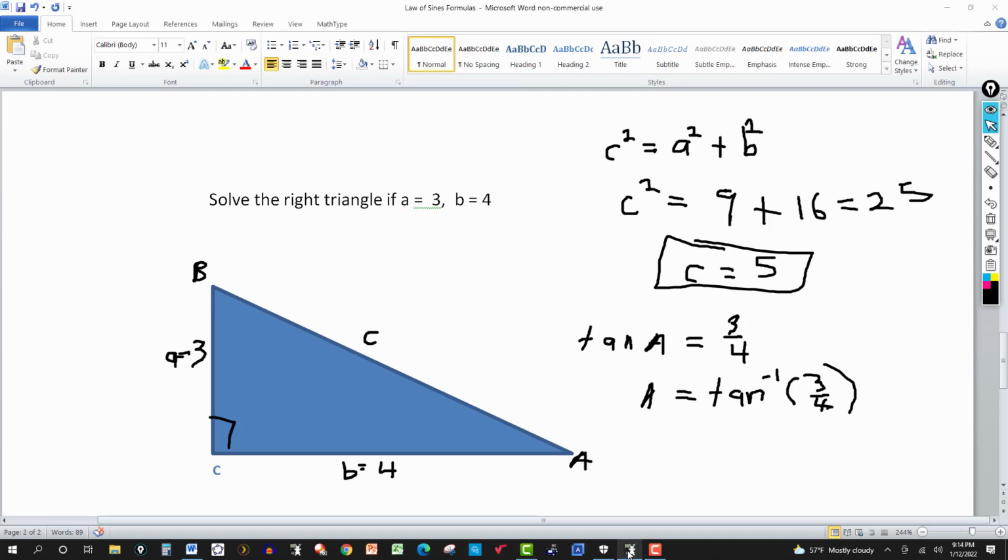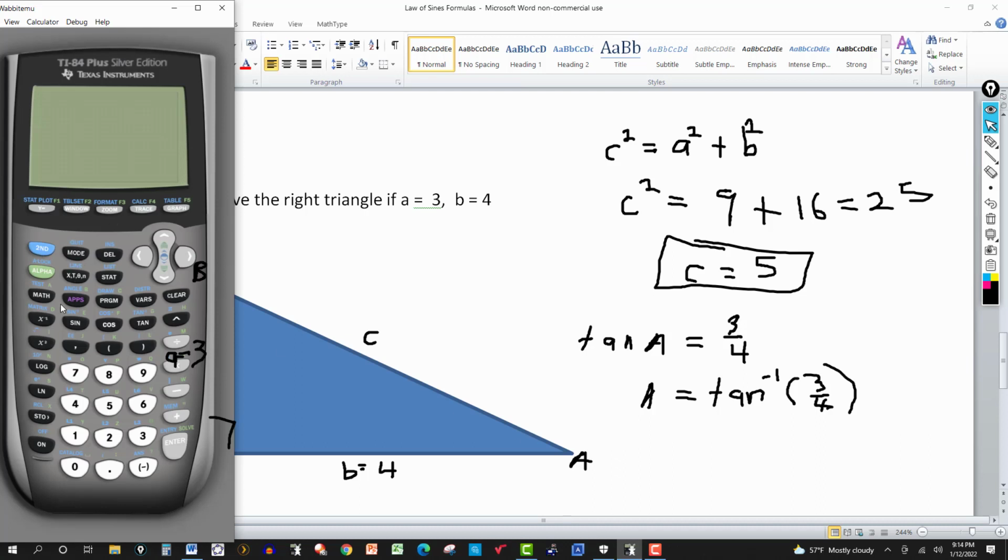So I go to the calculator, check that your calculator is in degree mode. I've already done that. It is in degree mode. So then I just type in second, I want inverse tangent, so tangent inverse, and then 3 over 4, or 3 divided by 4. Hit enter. So I get 36.86. So I'm just going to say then that angle A, rounded to one place, is 36.9